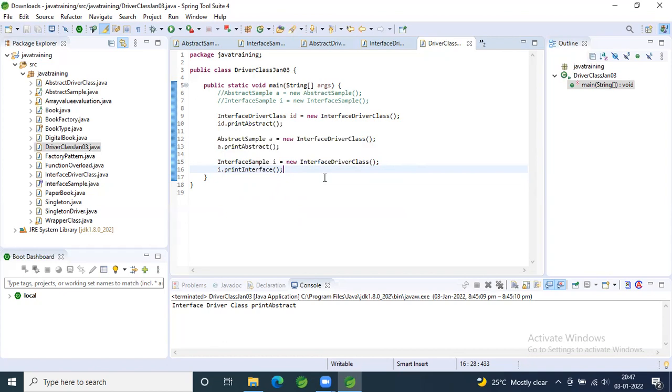So I want you to write a program. This would be your assignment. What you have to do is create an abstract class called shape. Same way, create an interface called shape. In that abstract class, have a method to draw and have a method called area, to calculate area. The draw and the area have to be abstract methods.